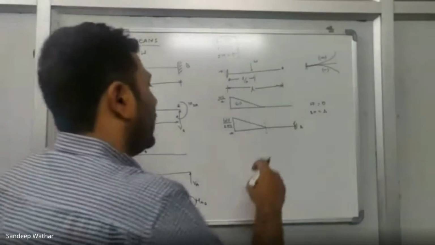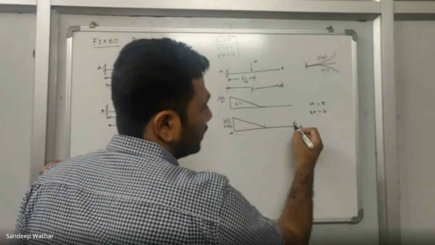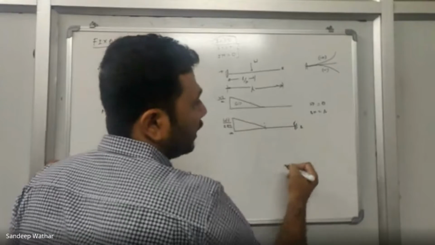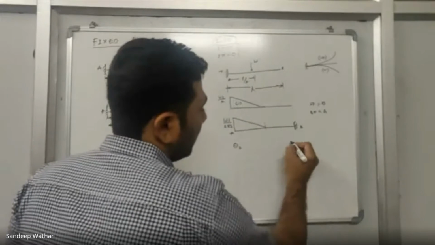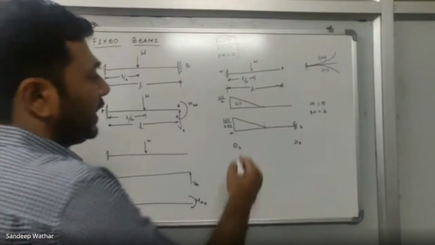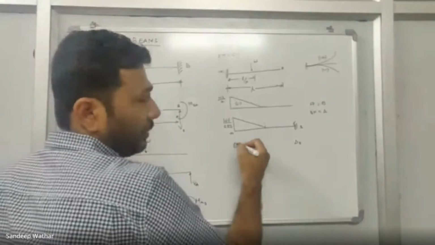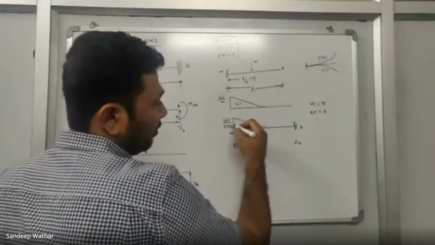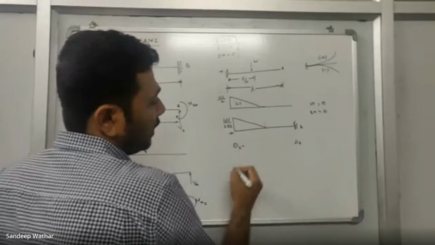Now assume that I would like to solve how much is the shear force till B, and I'll calculate how much is the bending moment till B. From that, I'll be calculating two things: one is theta B and the next one is delta B. Is this correct or not? If I take the shear force till B point, I'll calculate theta B, which is the slope at B. And if I calculate the bending moment of the conjugate beam loading till B point, I will be calculating the deflection at B. So let us resolve this.